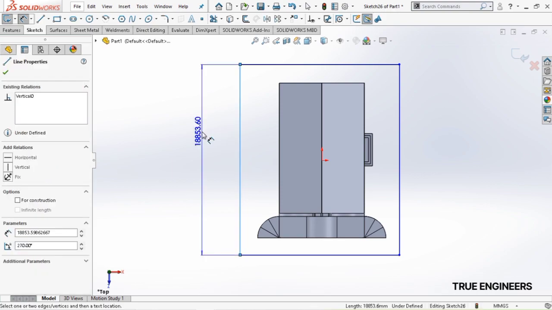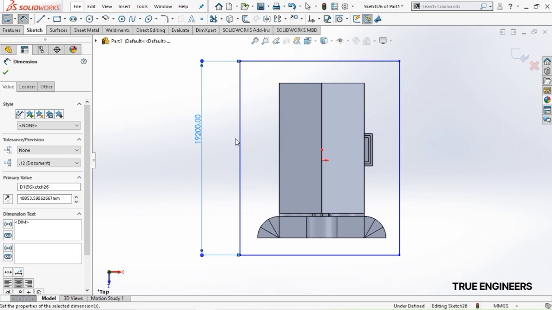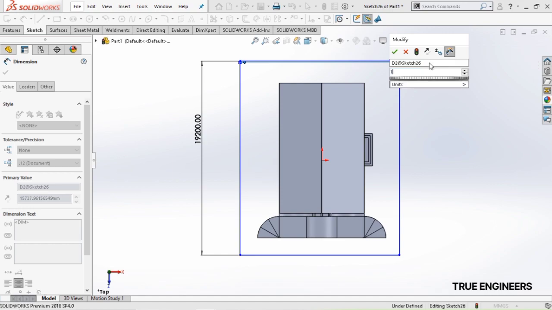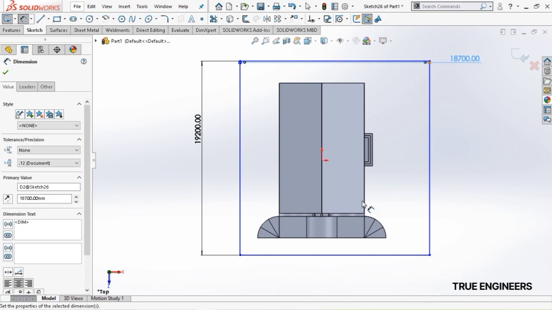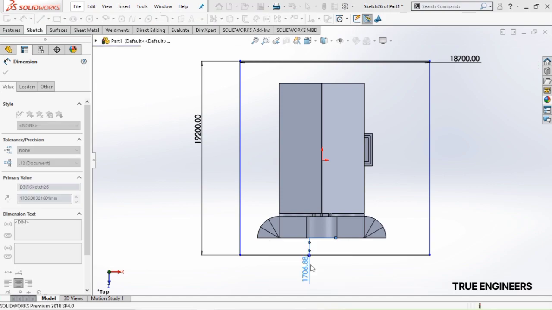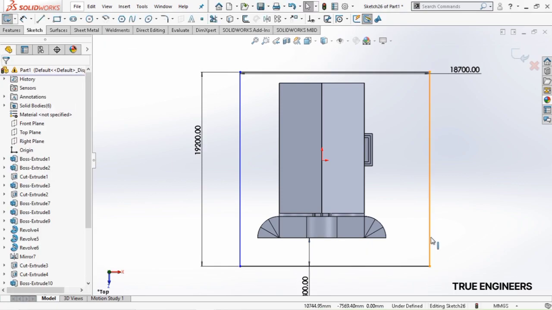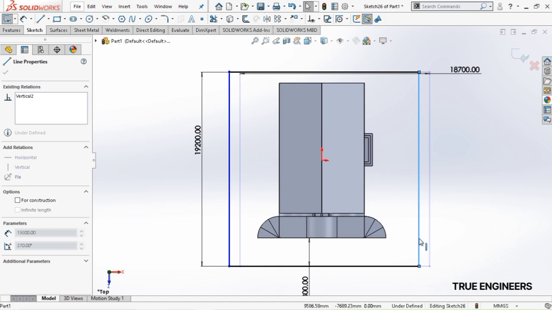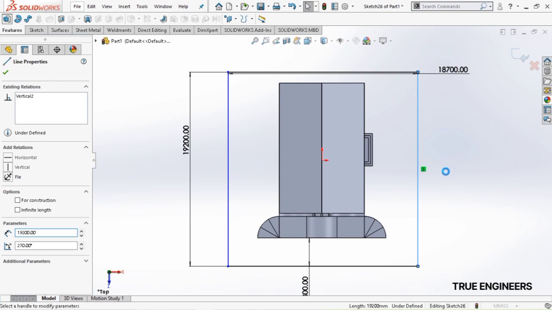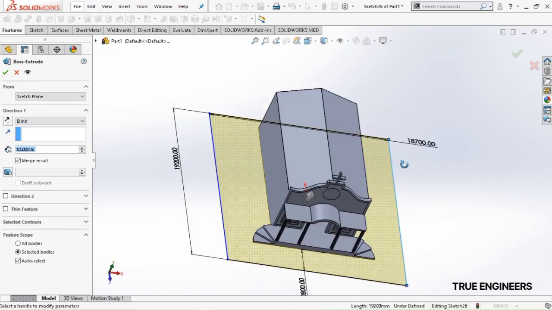After that select a smart dimension. The length of the rectangle is around 19,200 mm, sorry, and width of the rectangle is around 18,700 mm. From the front we need a gap around 2,800 mm. Okay, and adjust the rectangle like this. Features, extrude,